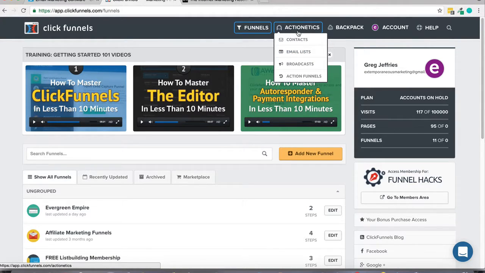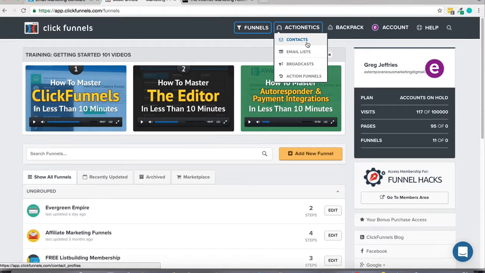It integrates with all the popular autoresponders out there, but it also integrates and connects with transactional email services. So the same types of email communication services that big brands like Pinterest and Facebook use to make sure that you get alerts from your accounts and things like that, and those types of messages always get delivered. So the deliverability rates of these transactional email services are extremely high, and it's extremely affordable.